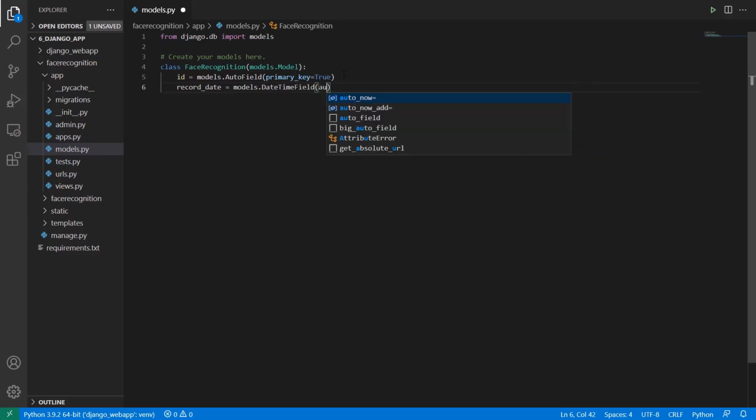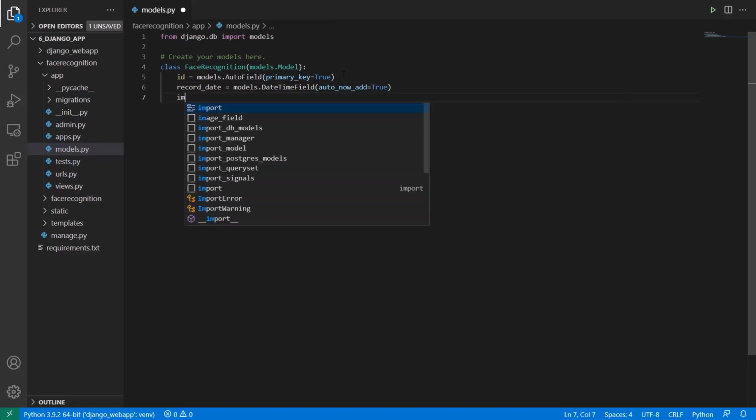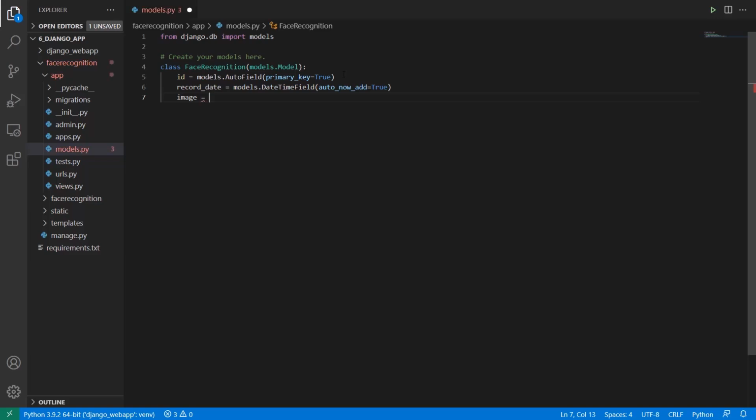Now here, let me set auto_now_add to True. What it will do is automatically add the date and time once the entry is made. And the next attribute is image. That's going to be equal to